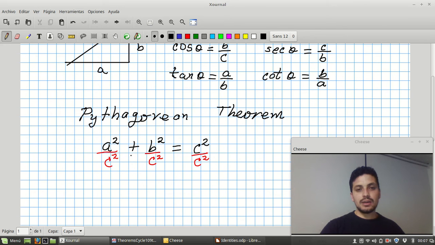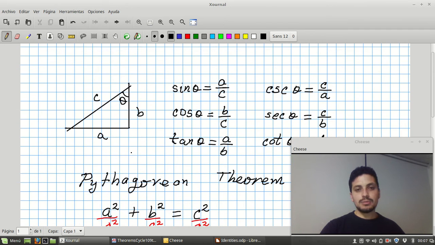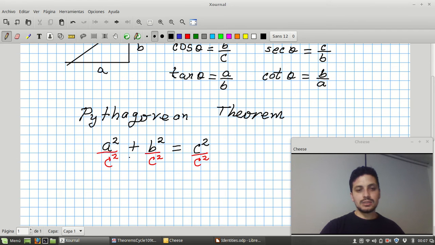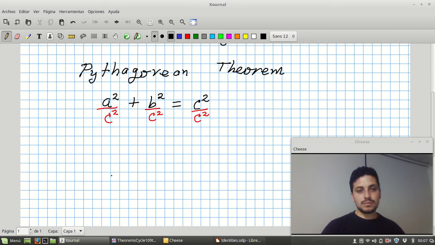So what is a over c? A over c is sine, but it's to the second power, so I will have sine square of the angle. Remember that in trigonometry we set the square here, but we're saying that it is sine to the second power, plus